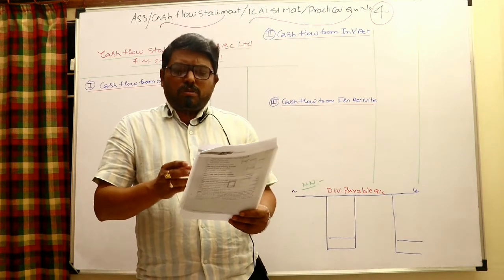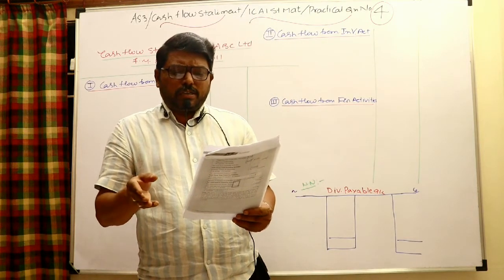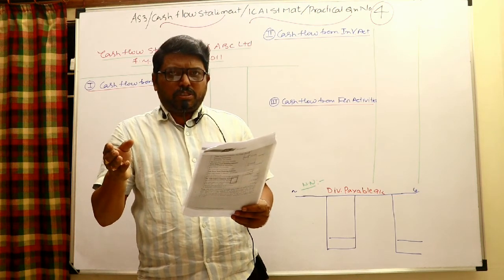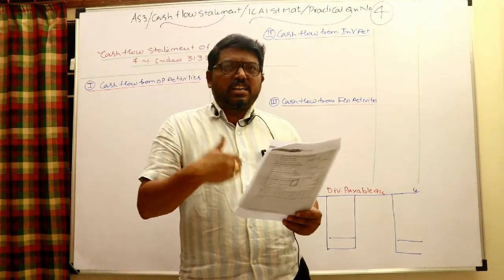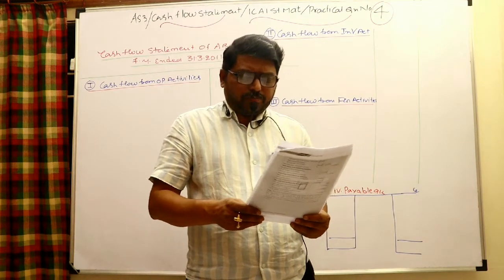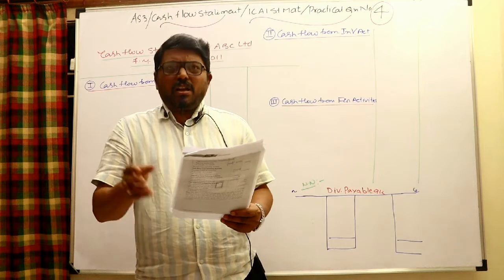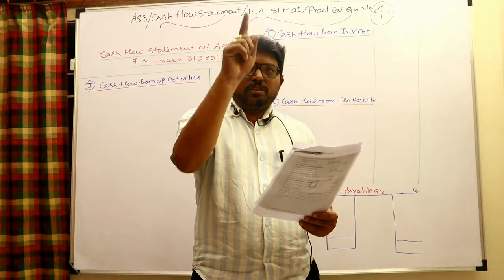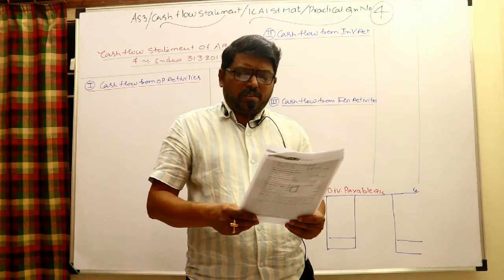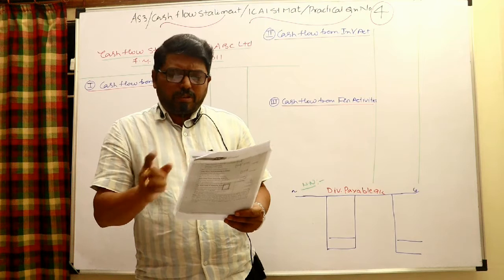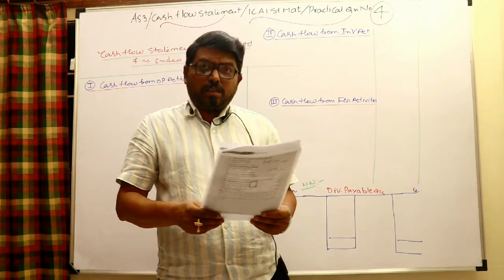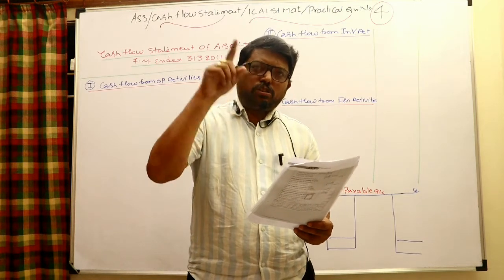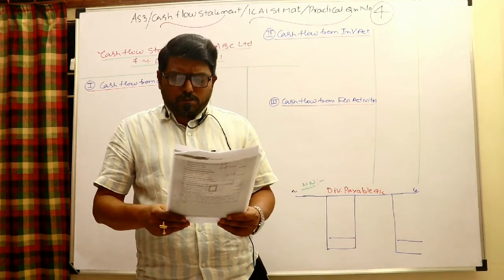And moreover, the provision is 6 lakhs 10,000, and at the end of the period 7 lakh 90,000, a 1 lakh 80,000 increase in provision for depreciation. That's what we can say is the current year depreciation, 1 lakh 80,000 rupees. If nothing is mentioned, like sales or anything like that, no adjustments are given, I can say the difference is purchases during this year and a financing investing activity. The difference in the provision is simply depreciation of the current year. Moreover, when you do the operating activity in the indirect manner, the depreciation should be added back, 1 lakh 80,000.